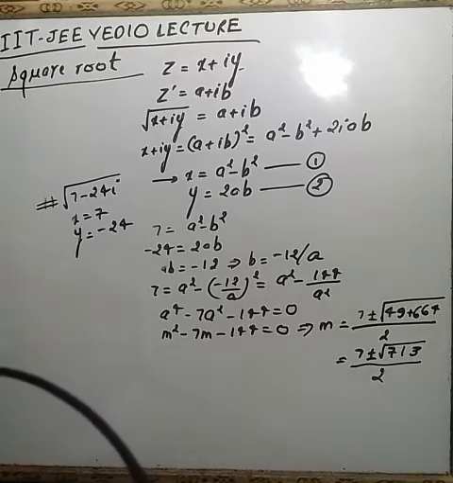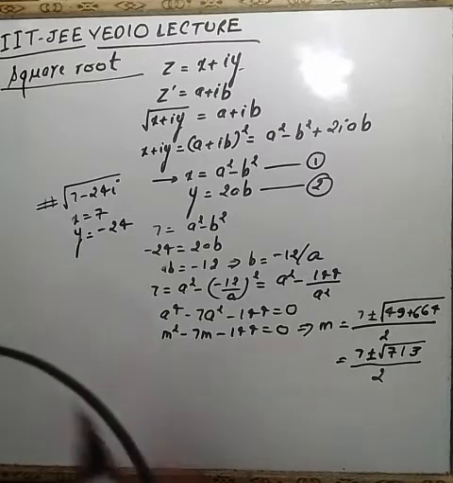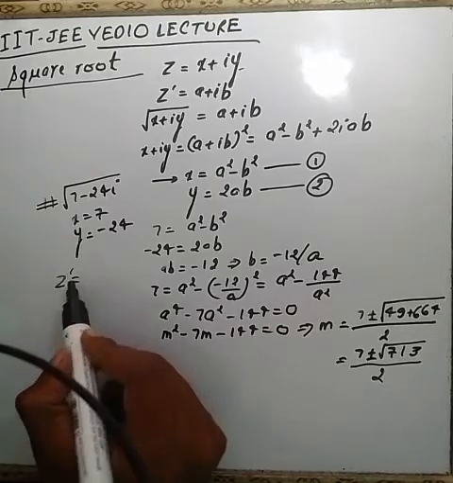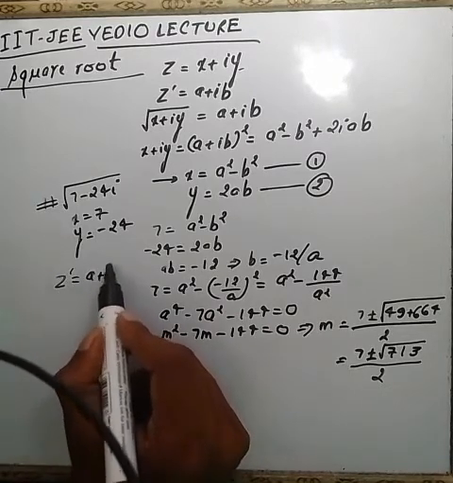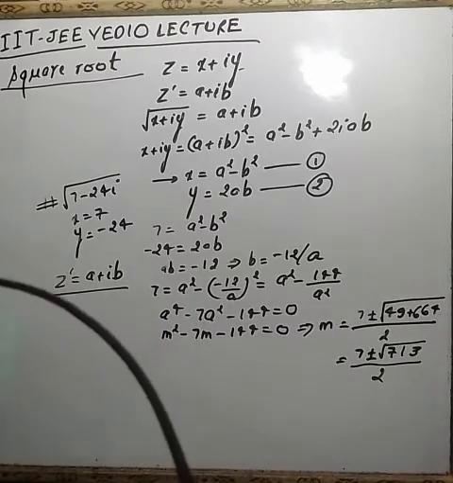So now from this you can find the values of a and b, and after finding a and b you can write the square root in this form, a plus ib. Okay,